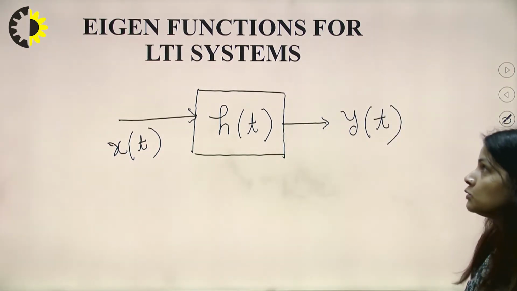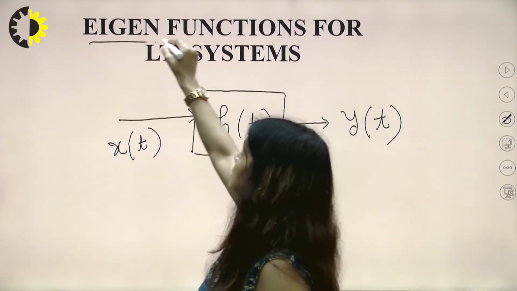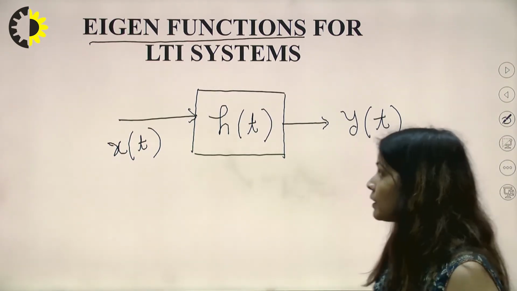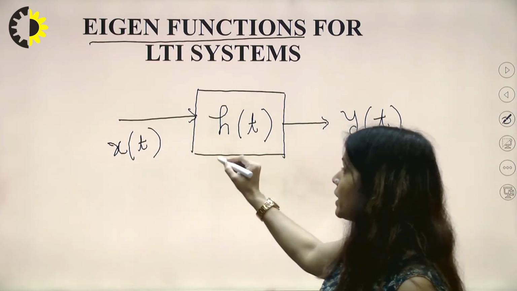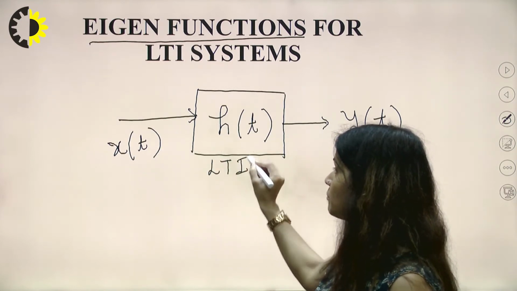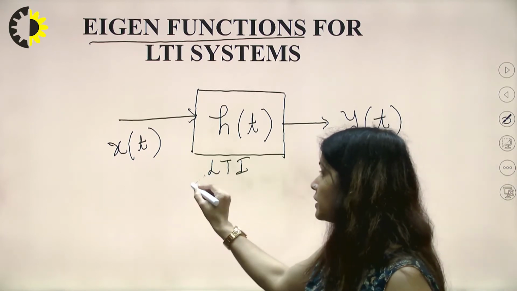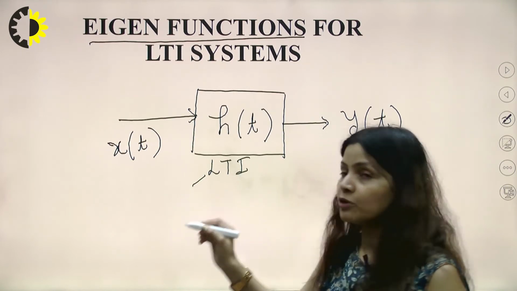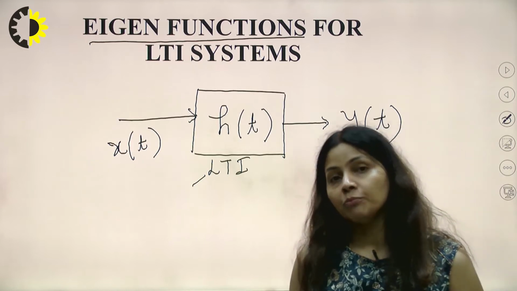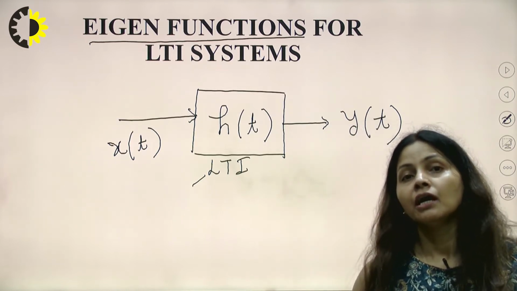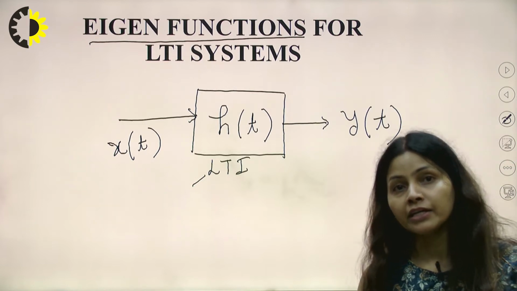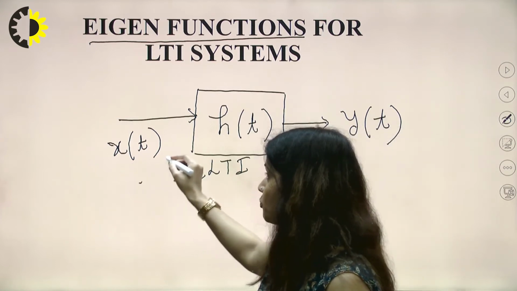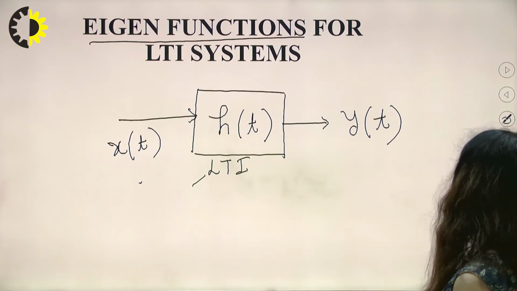So since we are discussing the Eigen Functions, what are these? Here we need to understand that whenever we give some input to my LTI system, this is a linear time invariant system. Linear means that it satisfies homogeneity and additivity, and time invariance means that a shift in the input just shifts the output; then it is called a linear time invariant system. So let's say we are giving some input and my y(t) comes out to be